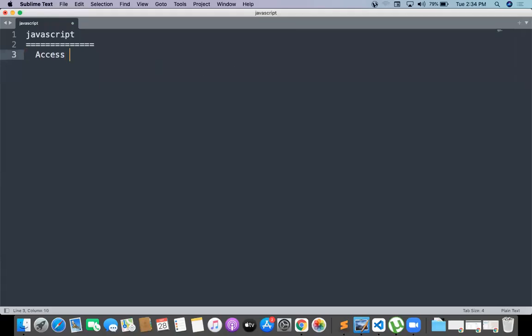Okay, how to access elements from HTML to JavaScript. There are multiple ways we already followed.